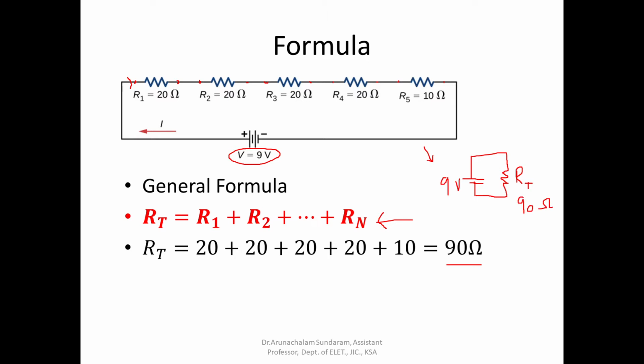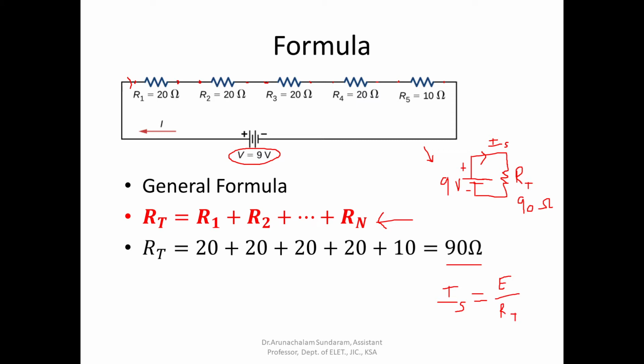This particular circuit which I am drawing now is called the equivalent circuit. If you have to solve a circuit, from this equivalent circuit we can very easily find the current in the circuit. So what is the current in the circuit? The current I in this circuit, or the source current if you want to call it, the current coming from the source is actually E by RT. So E, the voltage of the source, divided by RT, the total resistance of the circuit.